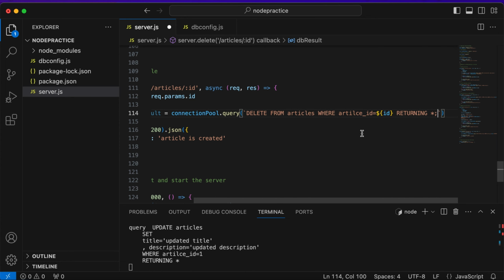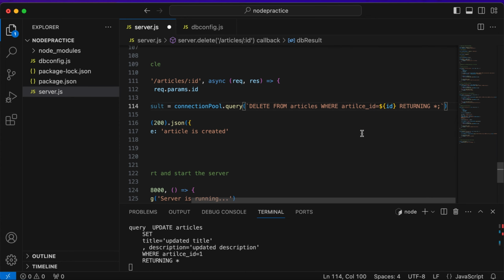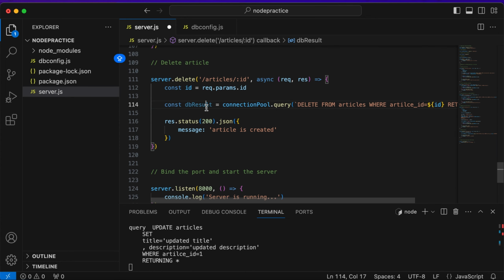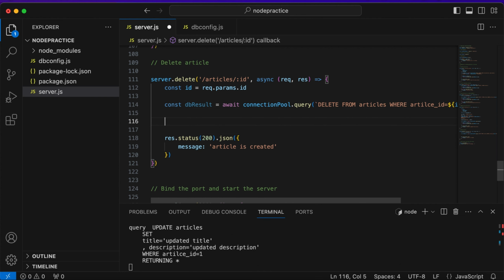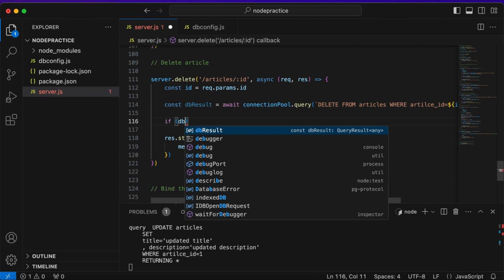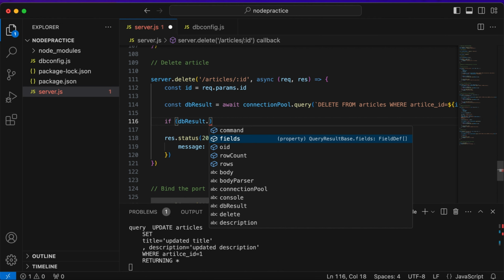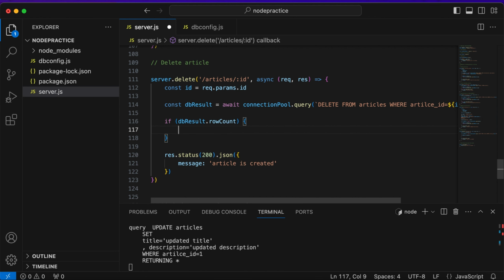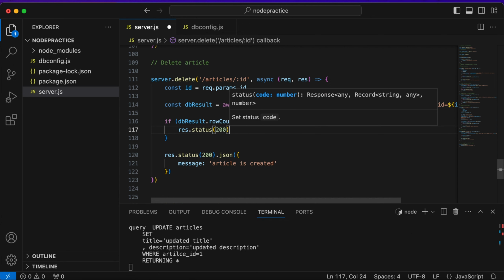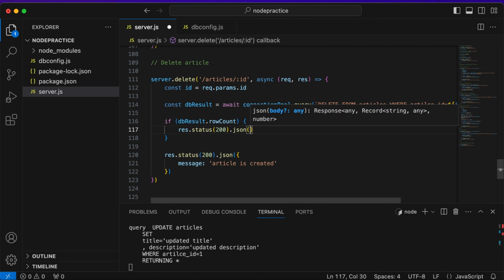Okay, this is what the delete query. Now execute this query. Await is required. Now cross check. If db result dot rowCount is there, then response dot status of 200 dot json,